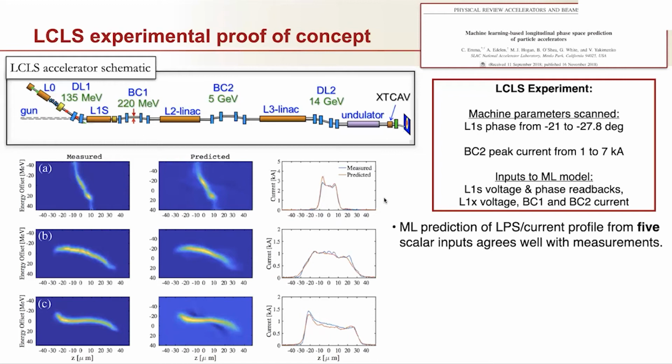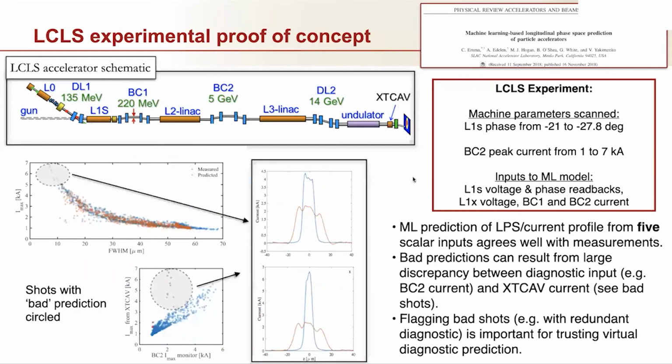So what else did we learn that was beyond the simulation study? Well, we did see that for most of the shots, the prediction was very satisfactory, but for some shots, the prediction was very much off. And we tried to understand why these bad predictions were occurring. And ultimately, we chased this down to discrepancies between one of the diagnostic inputs, in this case, the peak current